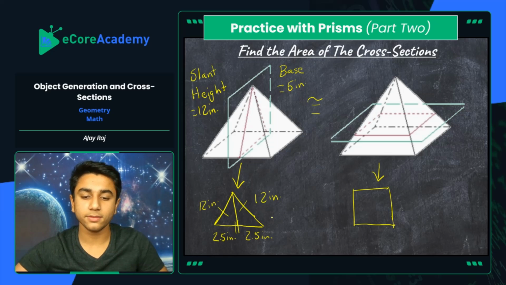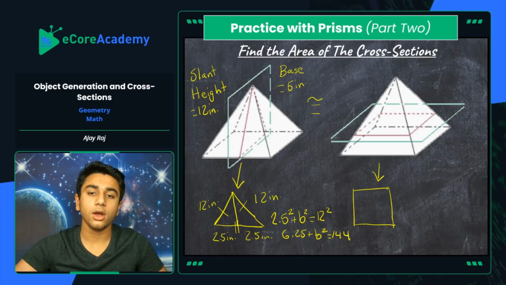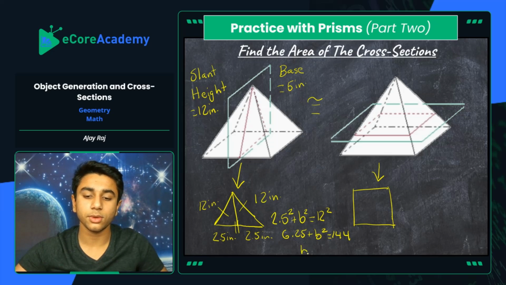So we know that 2.5 squared plus b squared equals 12 squared. So we know that 6.25 plus b squared equals 144. We're just simplifying this out, so we're going to subtract 6.25 from 144, and you're going to get 137.25. So b squared equals 137.25,